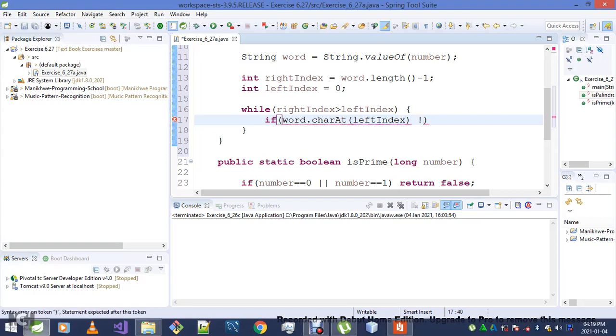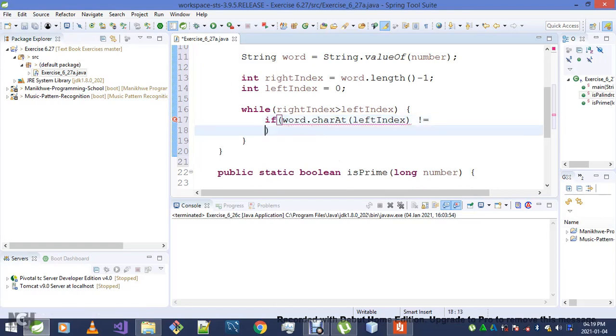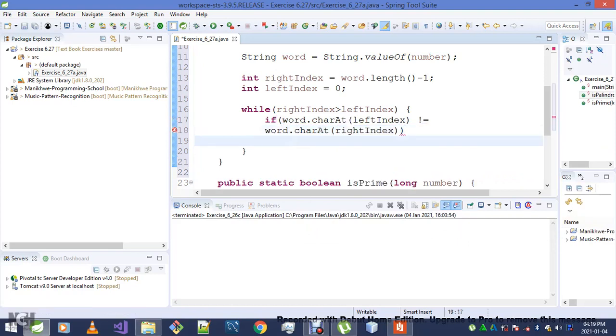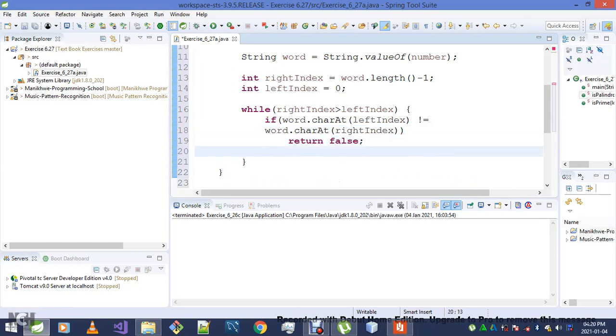Okay. So if left index is not equal to, remember these are characters we're working on, so we can use comparison operators, word.charAt, comparing the two, the left character and the right character. Return what? False, regardless of whether or not the two are equal. What we'll then do is to